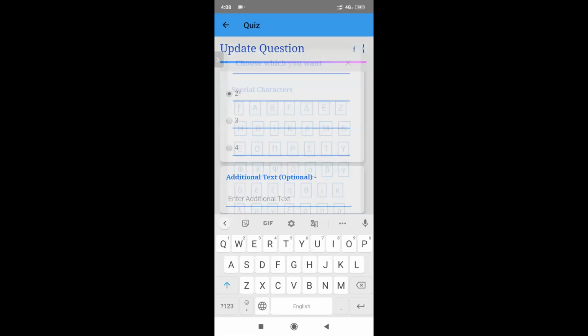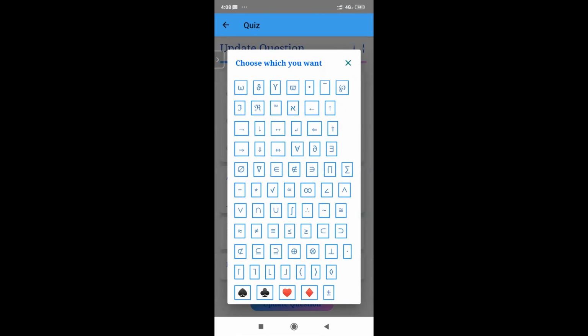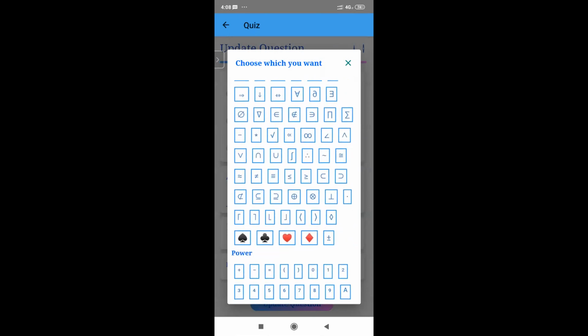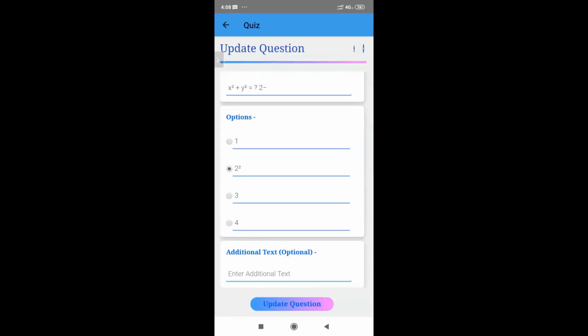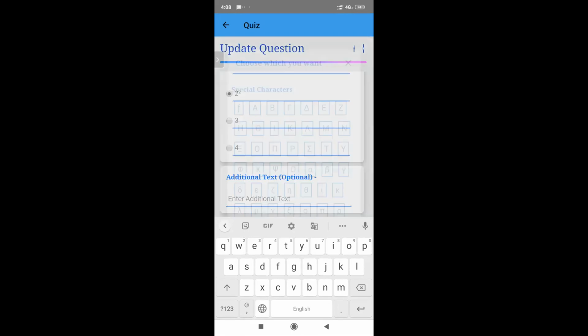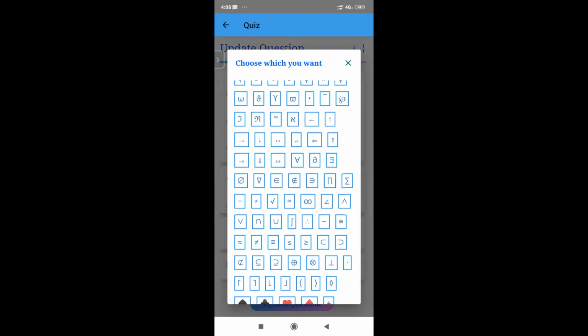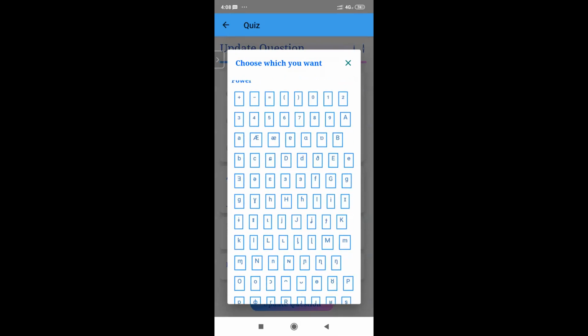There is an option, special characters, to add fractions, and also square roots, but we need to set it up a little. We can create fractions like 2-2, because usually when we create fractions on computers, that is how it's done.